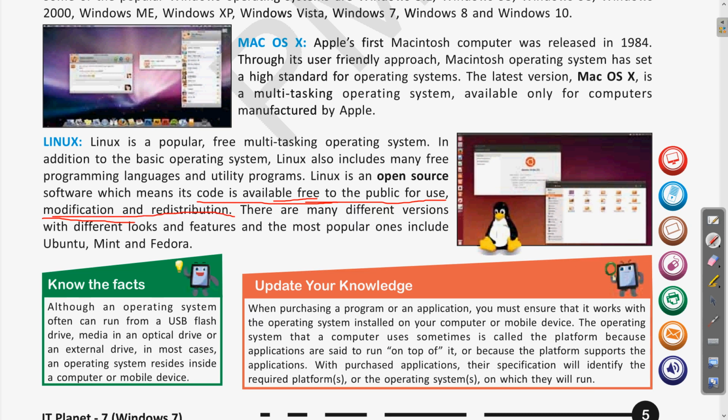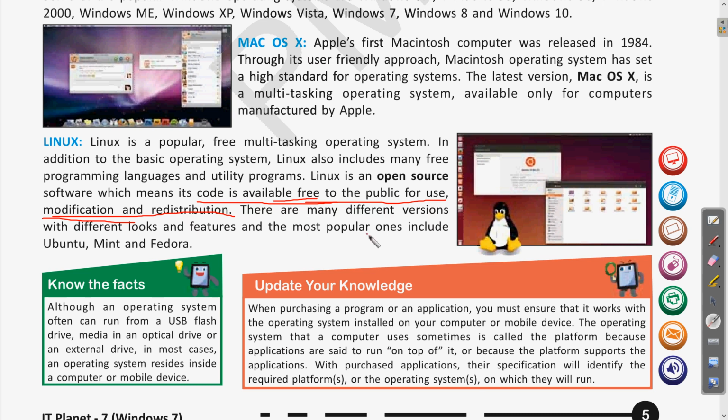Clear? So if you have an operating system that is open source, and you are a good programmer, you can modify it and make a new version with some changes.